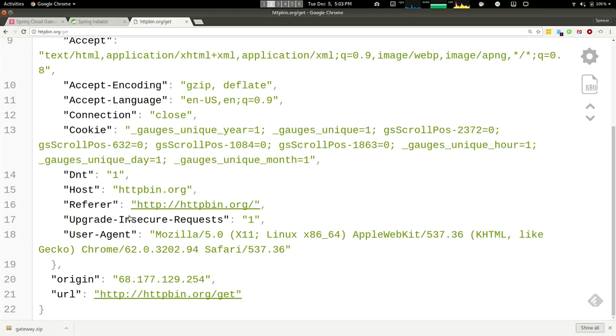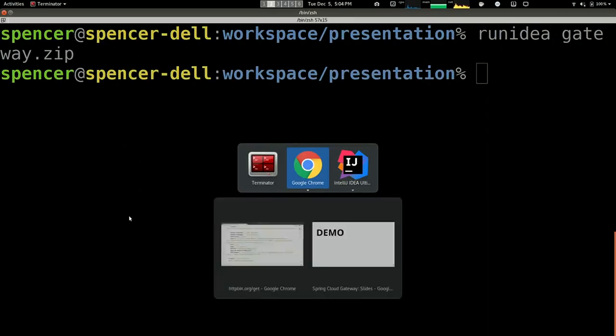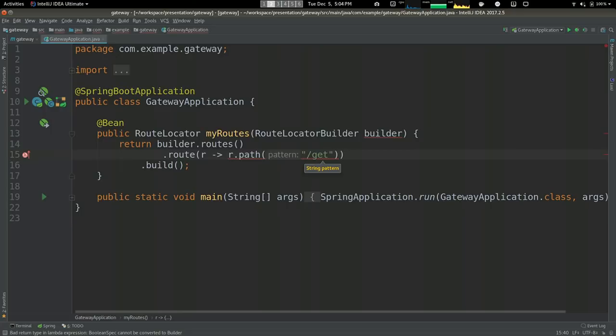Incredibly useful for designing APIs and really helpful in designing a proxy, because you can formulate all sorts of requests against it, and assuming they make it through the proxy to HTTP bin, then it worked. So we're going to use that as our target for today rather than building an application, but it's useful to see those headers and that data in the responses. So we're going to route by path,